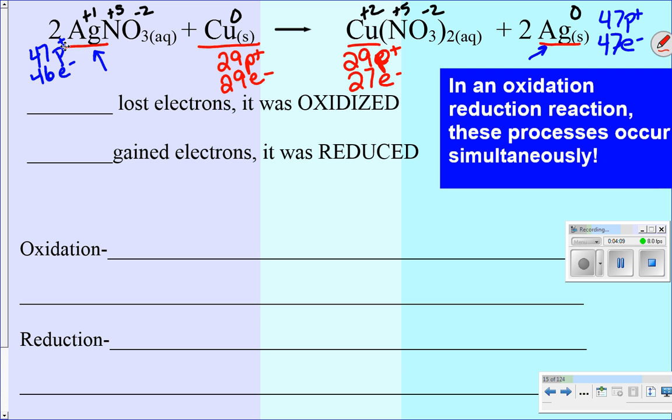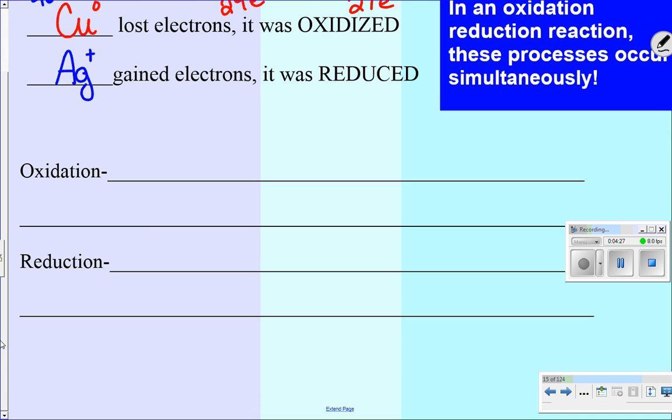When something loses electrons, it's considered to be oxidized. So copper, specifically neutral copper, lost electrons and was oxidized. And our silver ion, it's in the compound, but it's really acting as an ion there, gained electrons, so it is reduced. Specifically, if we have to define oxidation and reduction, oxidation is a loss of electrons, and reduction is a gaining